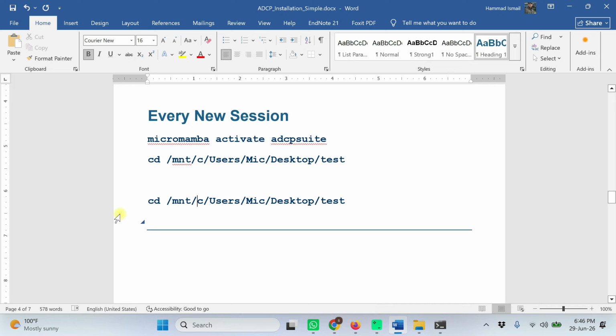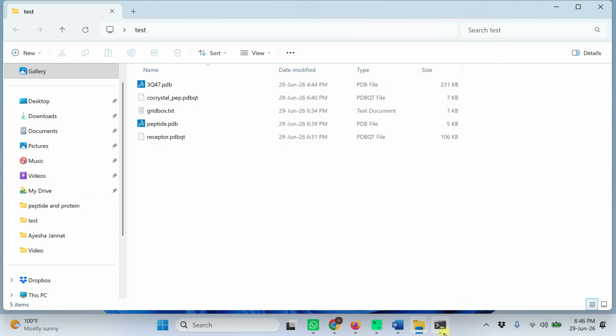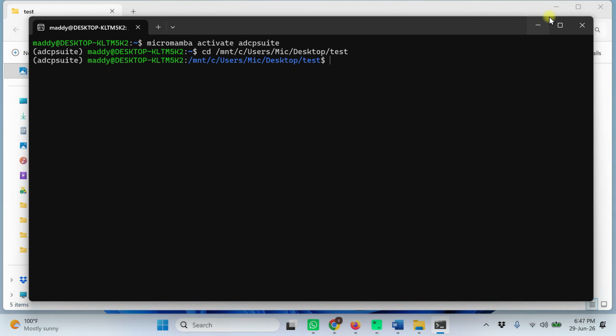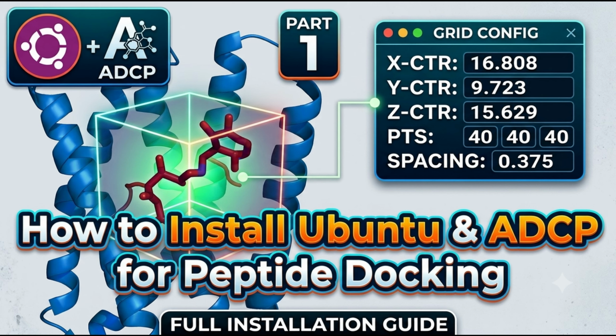What it will do is link your current folder with your Linux. If you don't type it, it will not enter into your folder. So make your own command and place it. So I am going to copy this command, paste it in this terminal and press enter. Now your environment is set up, Ubuntu is ready, and ADCP is installed and waiting for simulation.